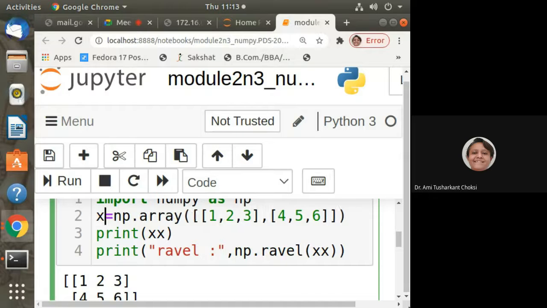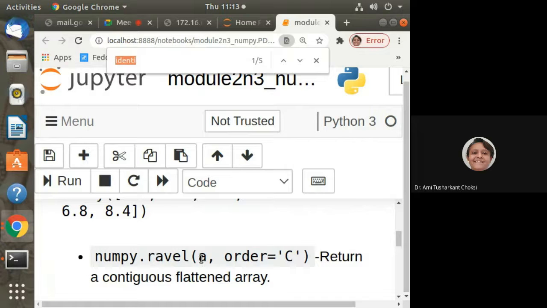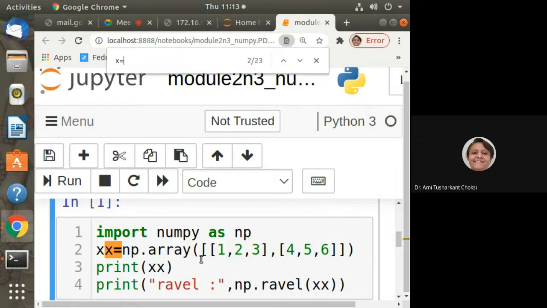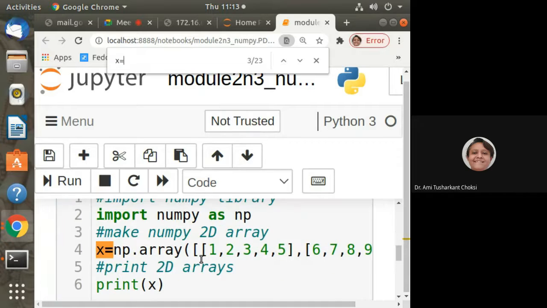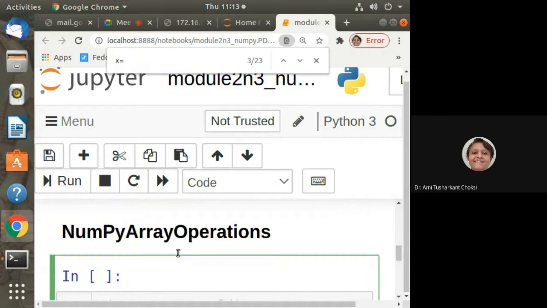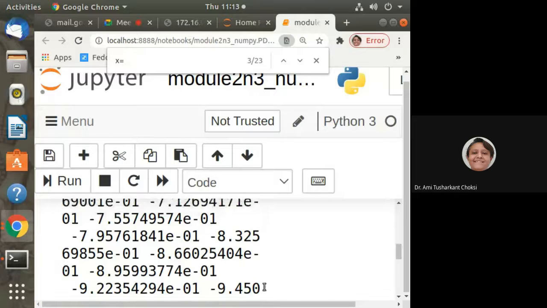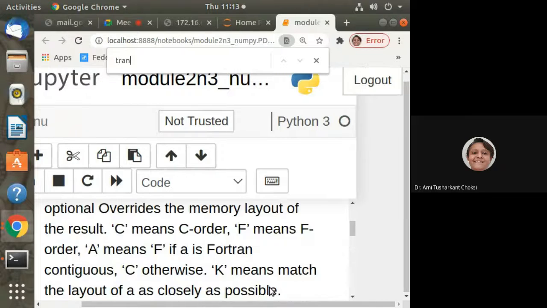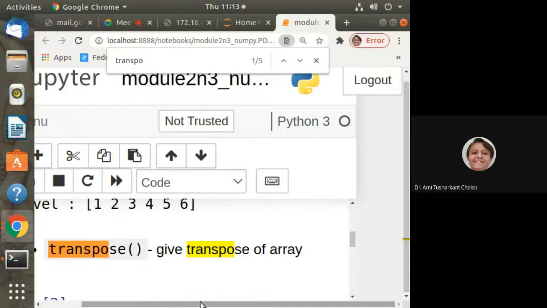We can have this here, or otherwise whatever x values we have taken yesterday, that also we can take. Where is that x available? It was this, right? You can take whatever is required. We have that as transpose array. Fine.